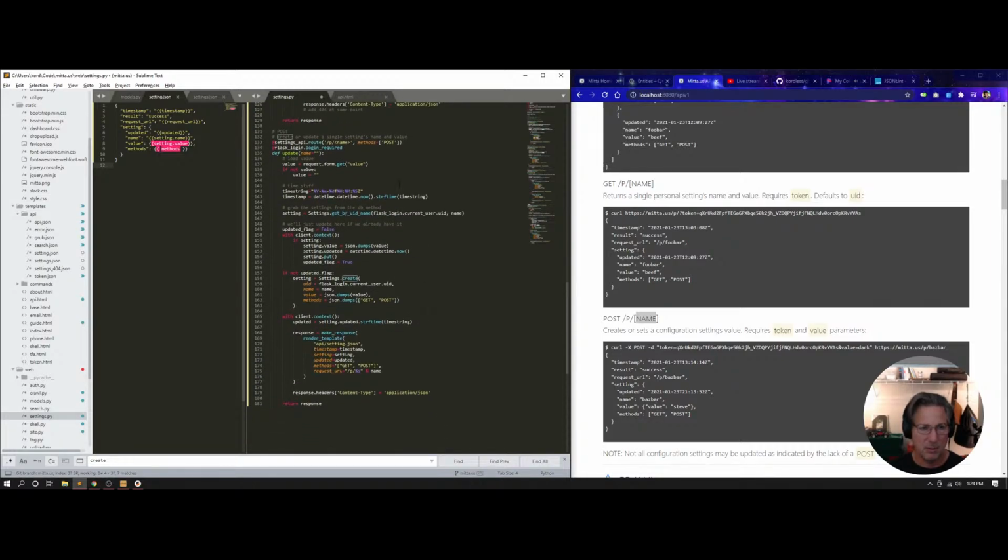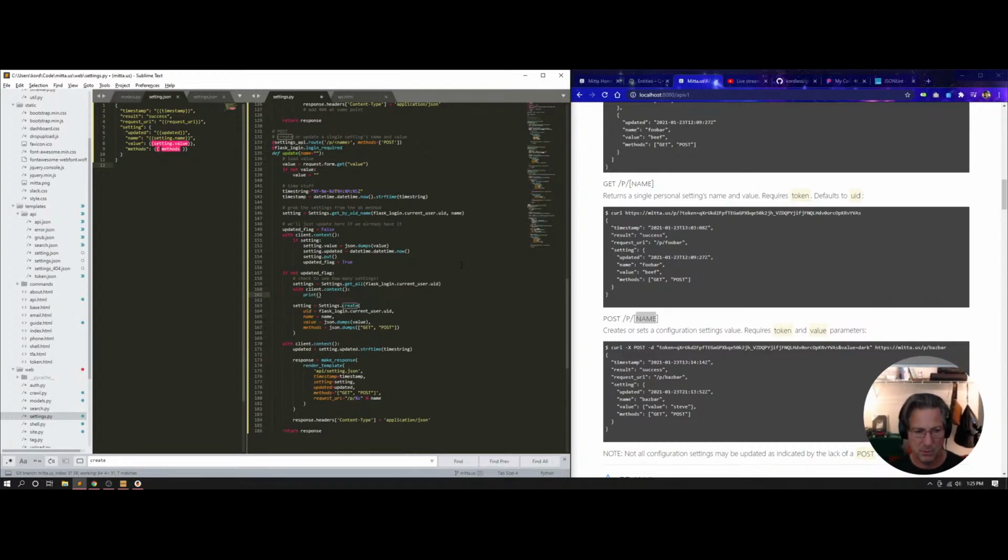So here I'm going to say if not updated. This is where it creates it. So what I need to do is check to see how many settings, and then I'm going to paste this in. This is what gets me that. And then I have to do it in context? Probably. With client context,